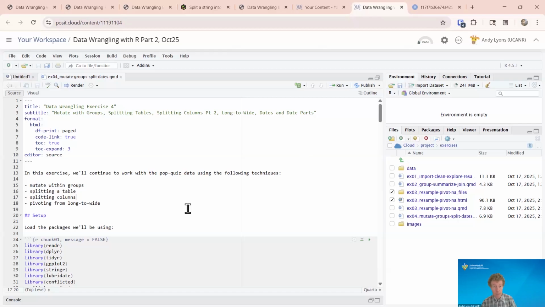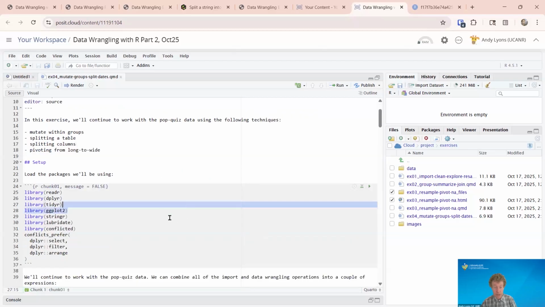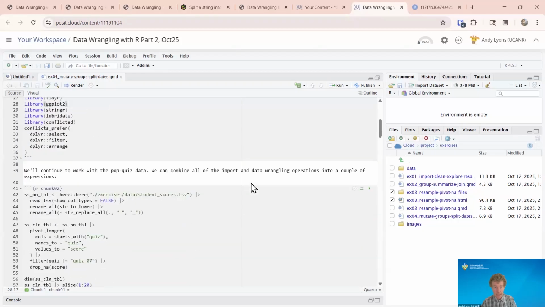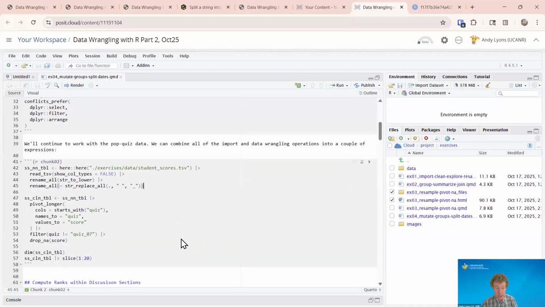So we're working with the same data set. In code chunk number 1, go ahead and run that. You'll see a lot of familiar faces there. In the 4th exercise, we are simply loading the packages that we've been working with. And then in code chunk number 2, we are simply loading the data that we've been working with and